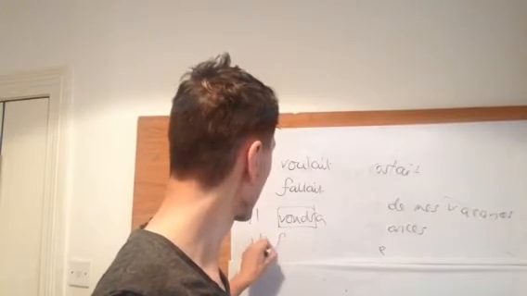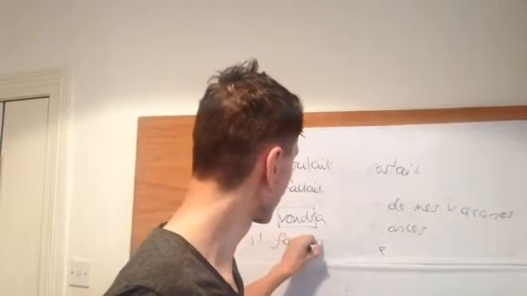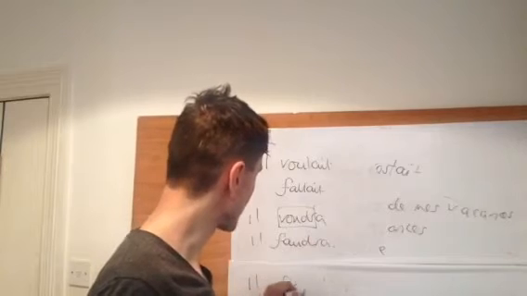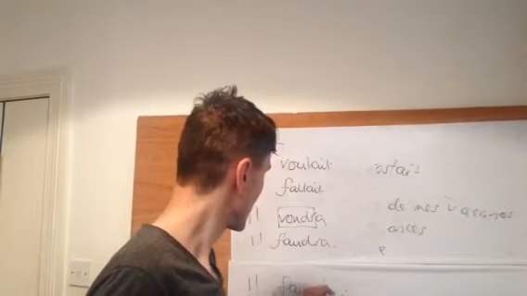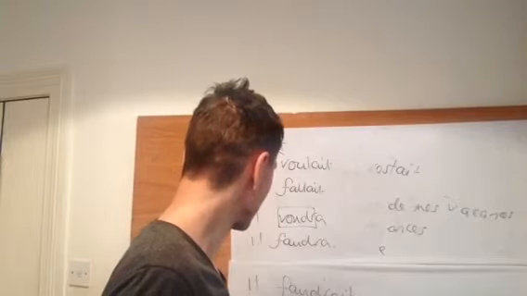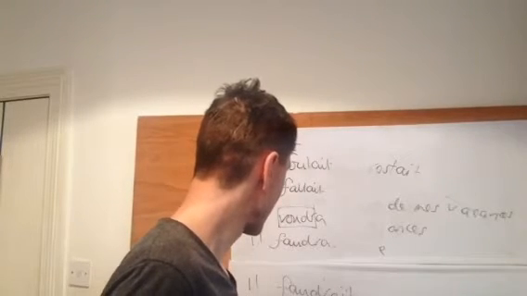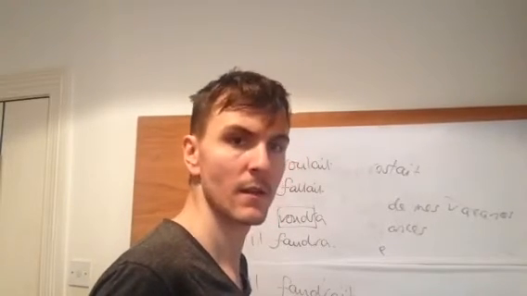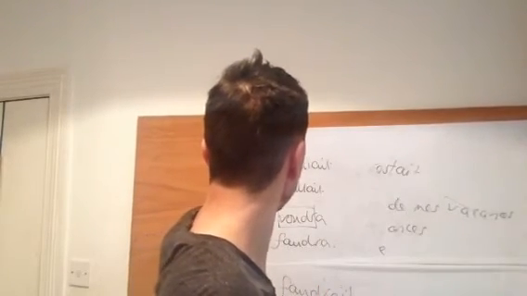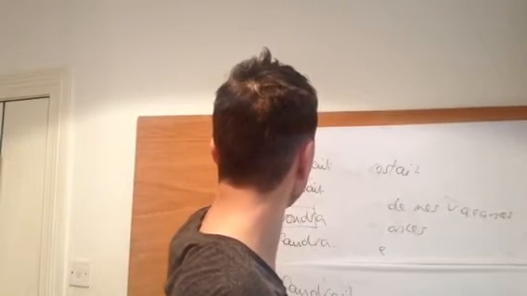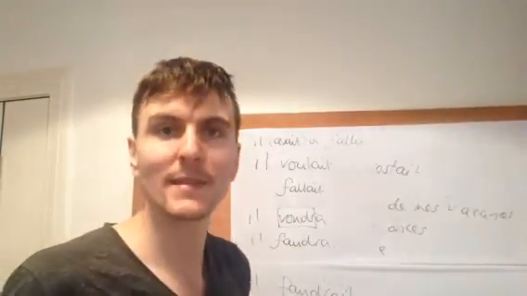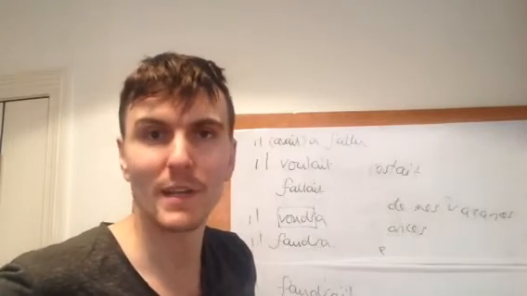So it will be necessary, il faudra. Il faudrait, it would be necessary. It had been necessary, il avait, or il a, if we were in the perfect, fallu. You can't see that on there, I'm sorry. Il avait, or il a fallu, if we were going in the pluperfect or the perfect tense. So the point is, this verb works pretty much already like vouloir.